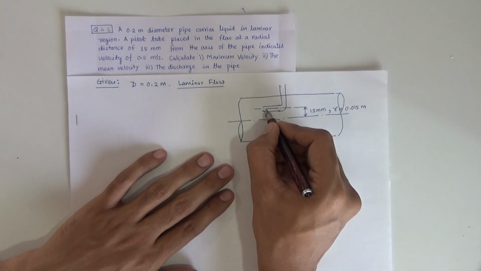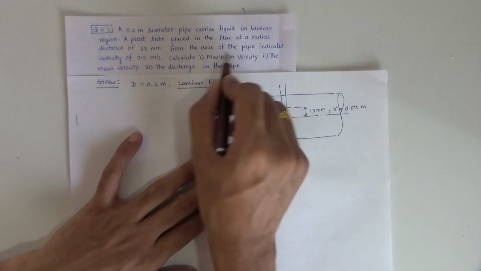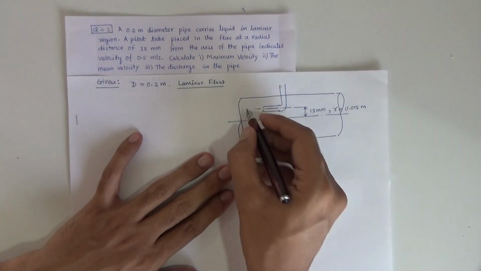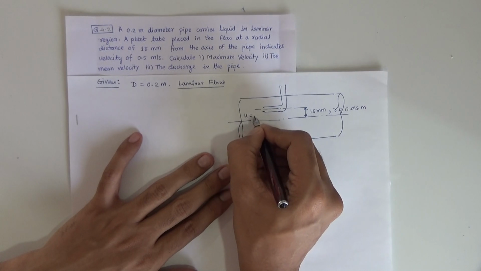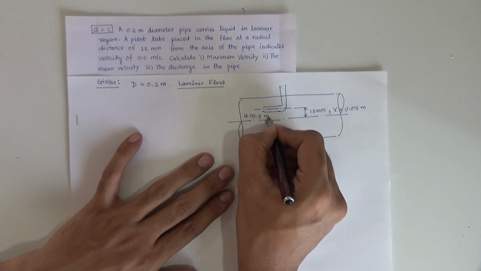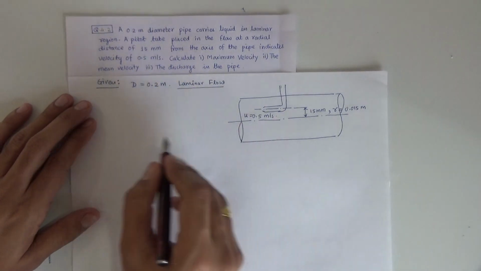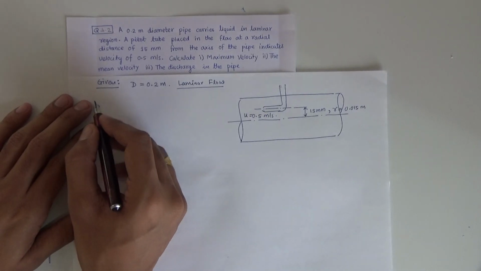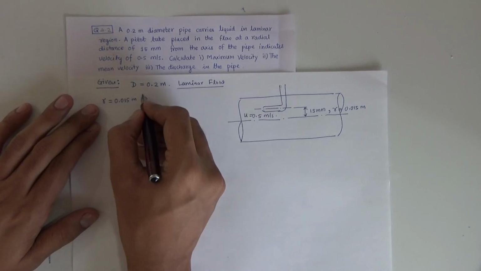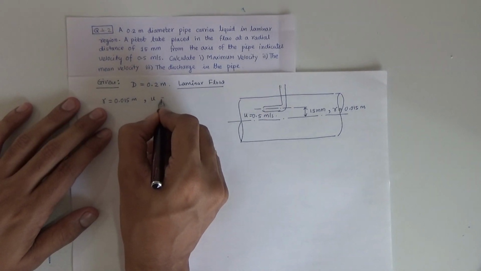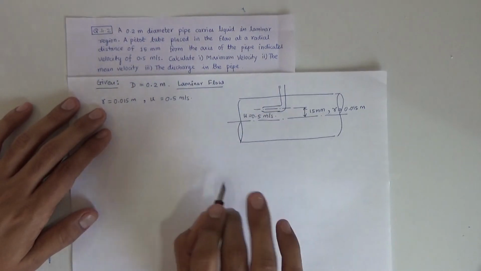At this location the velocity is measured by the pitot tube, and it is given from the axis of the pipe, indicating a velocity of 0.5 meter per second. So the pitot tube is giving you the velocity at r equal to 0.015 as 0.5 meter per second. That is only the role of the pitot tube. Do not bother about the pitot tube here, nothing to do with this. It is just given that at r equal to 0.015 meter, that is 15 mm from the axis, the velocity is 0.5 meter per second. The measurement device is the pitot tube, nothing to do with that.